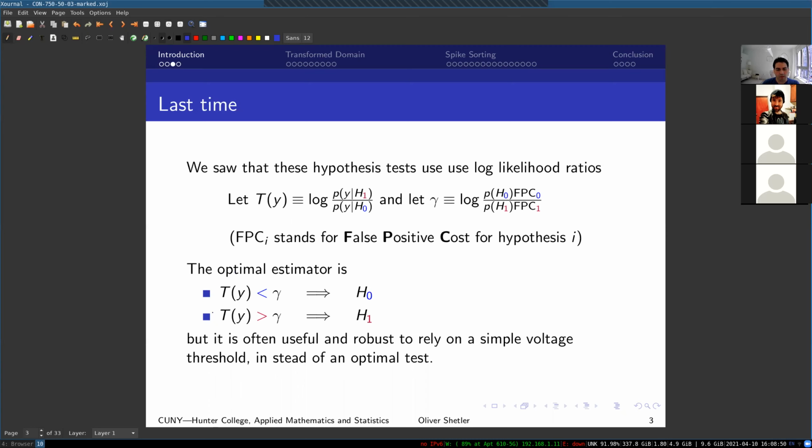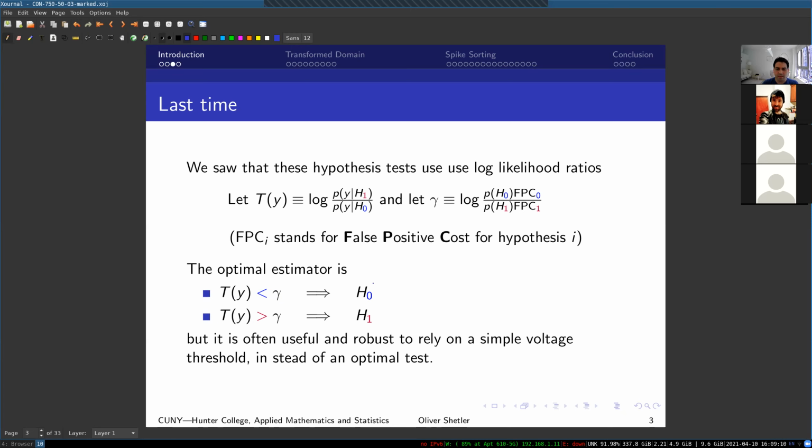The optimal estimator is just, if it's less than gamma, which is some threshold that we set, then we retain the null hypothesis, and if it's greater than gamma, then we reject it. That's fairly straightforward, and I'm not going to get back into the details of exactly what the tests were,